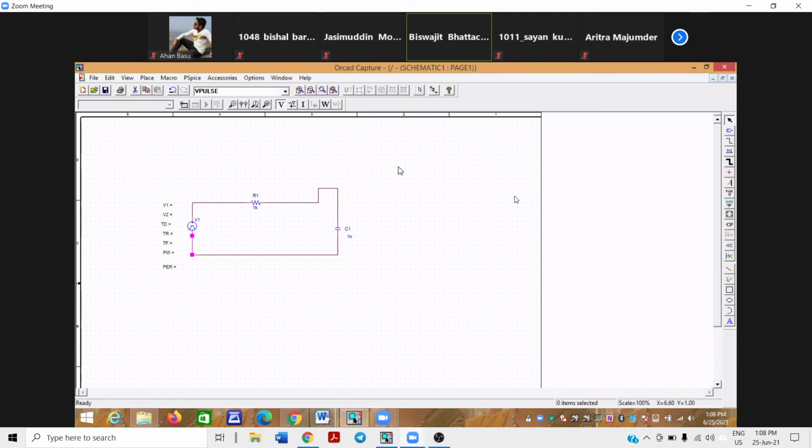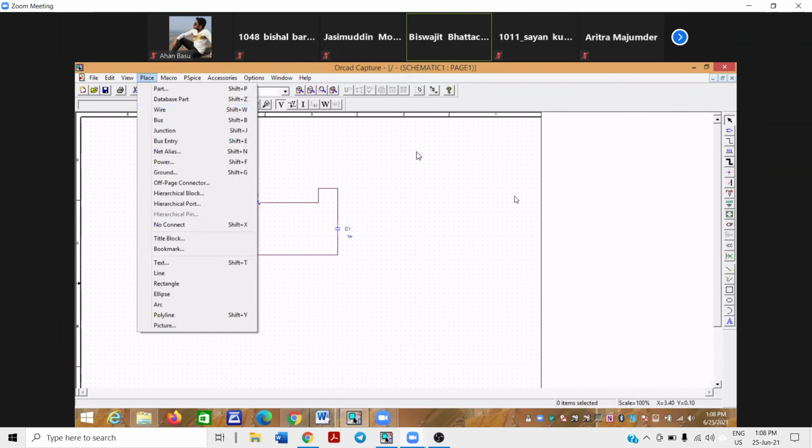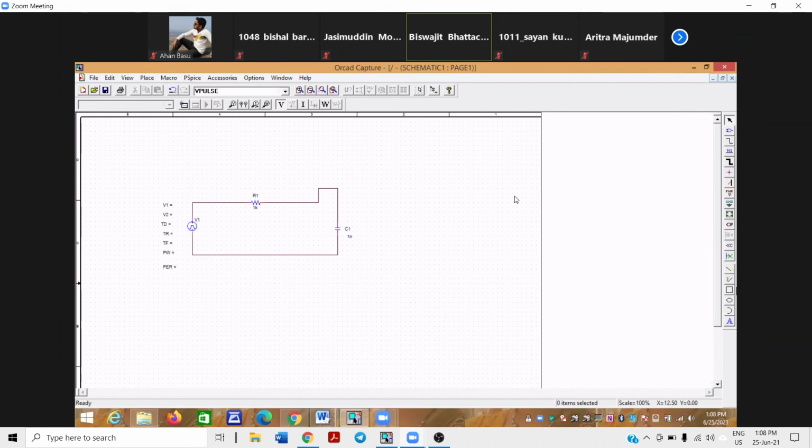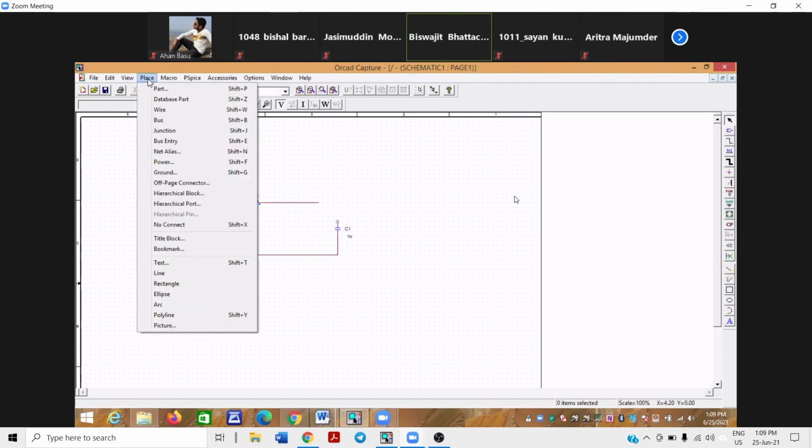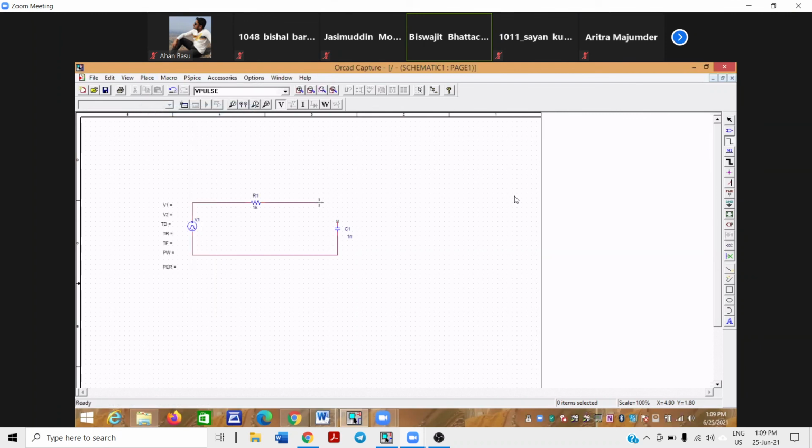Now you cannot use it anymore. If you want to use it again, go to place and wire. There is a shortcut available on the right side of the screen. This is your place part, this is your wire. If you click, the same thing will happen. Now I want to delete it. Click, and press the delete button from the keyboard. Delete. Place, because I want to make it regular. So place wire, click, and again right click and end wire. Circuit is created.